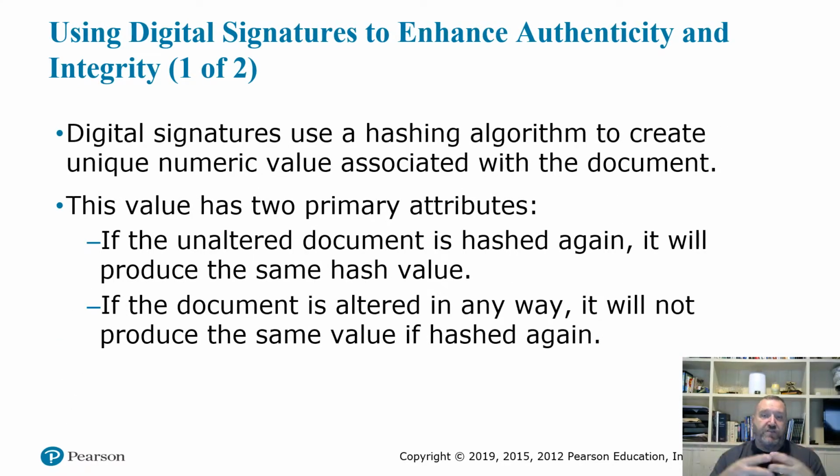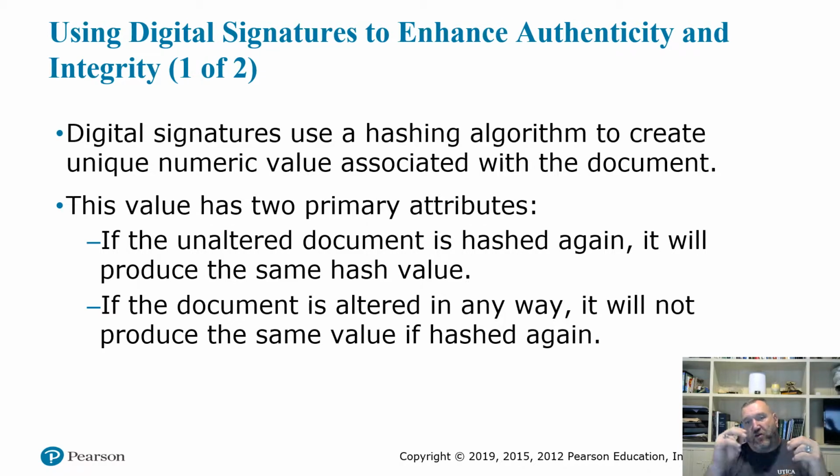Digital signatures are basically hash values made of a document, and if the hash values don't match, then the document has been altered. So in forensics, we use digital signatures to ensure the validity and integrity of evidence we collect. I'll take a file and run a hashing algorithm against it. It will hash that document and produce a 26-digit alphanumeric number that's so unique that it just can't be reproduced with any other